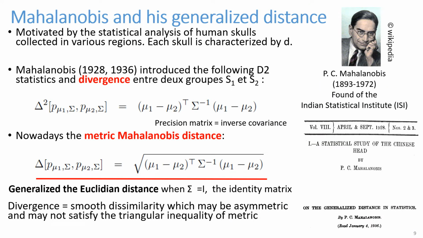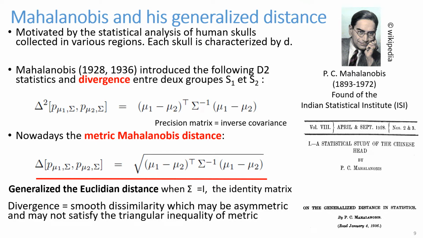Professor Mahalanobis pioneered information geometry by using tensor notations for introducing his D-square statistics and the nowadays so-called Mahalanobis distance, which he called the generalized distance. Professor Mahalanobis was motivated by classification and clustering problems for analyzing groups of human skulls collected in various regions of India and China. The square Mahalanobis distance between two multivariate normal distributions, estimated from two groups with the same covariance matrix sigma, which is estimated by pooling the group covariance matrices, is defined as the following formula,